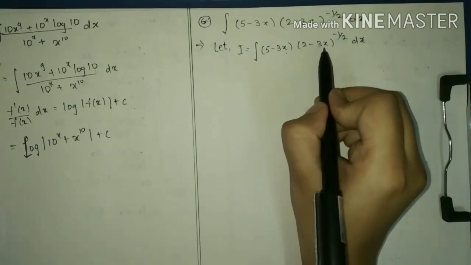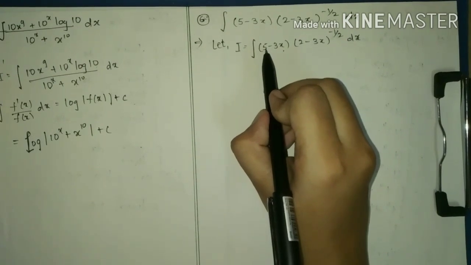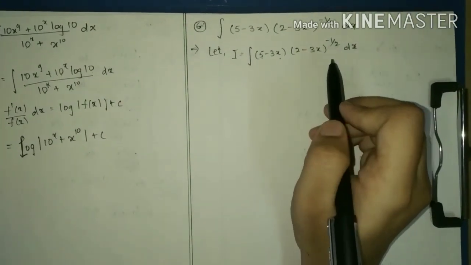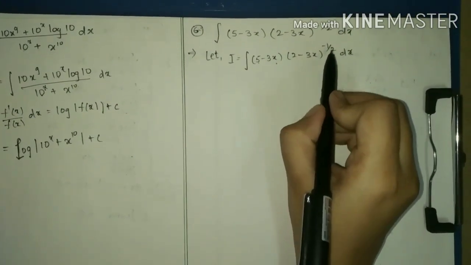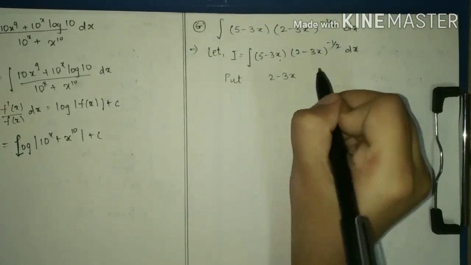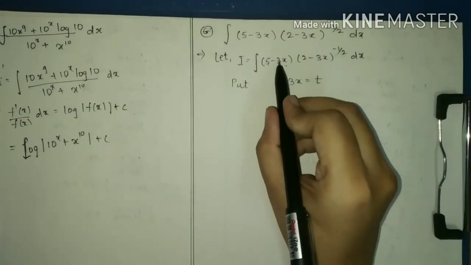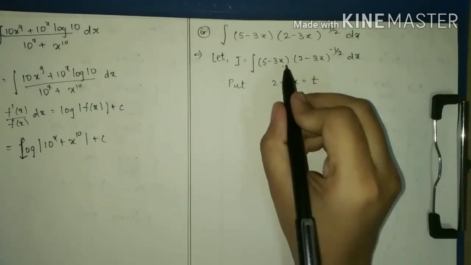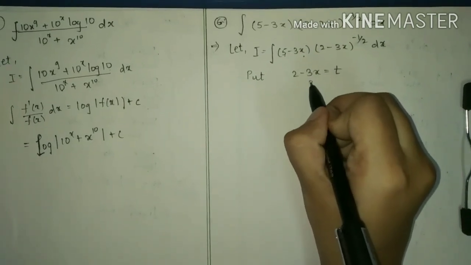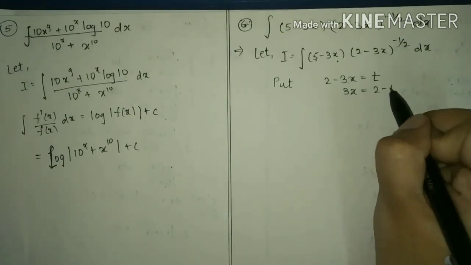So now we have here two terms multiplied by each other. Whenever you see this type of sums where a constant minus variable, raised to some power, is there, then you have to substitute the term which is raised to the power. So here we have the term 2 minus 3x which is raised to a power, so we will substitute this as t. But in the sum we have 3x remaining there, so we have to substitute 3x also. So we will take 3x equal to 2 minus t.